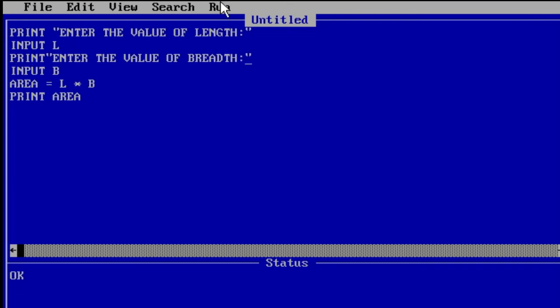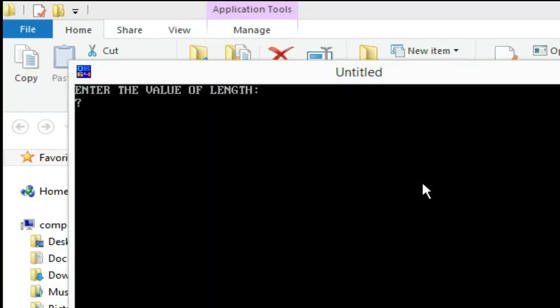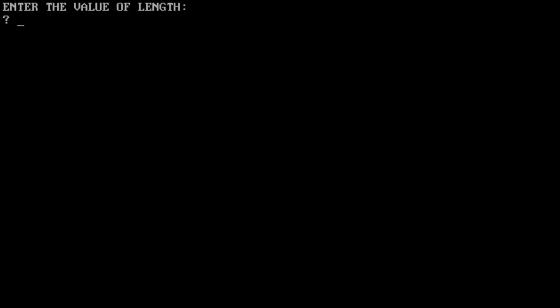Now click on run and then start. Now look at the output. Here the question mark is again blinking the cursor. The question mark asks you to enter the value, but I have mentioned at the top, enter the value of length, so it is very easy to understand what type of value we should input on the output screen.